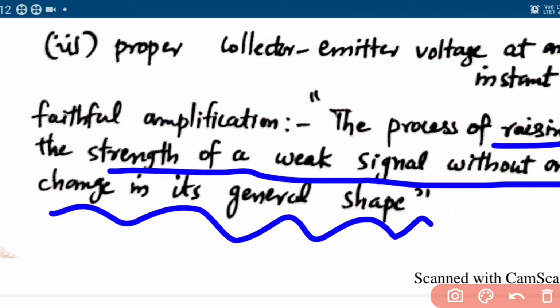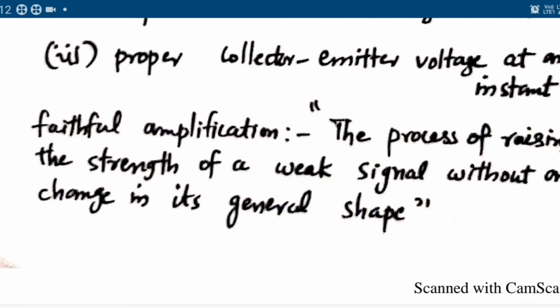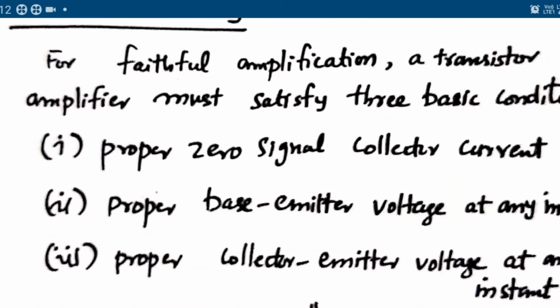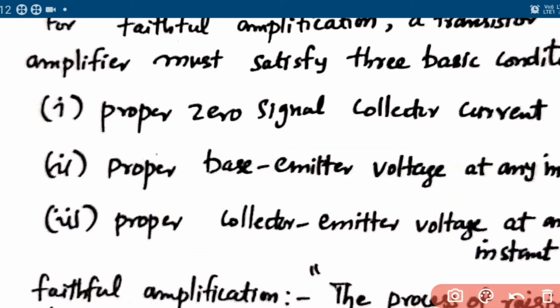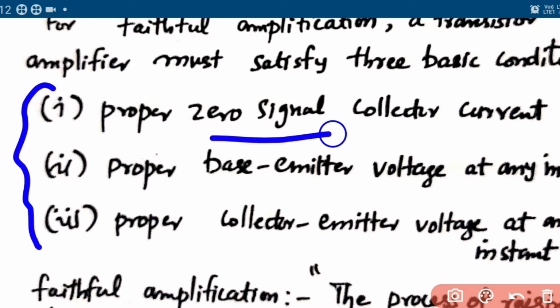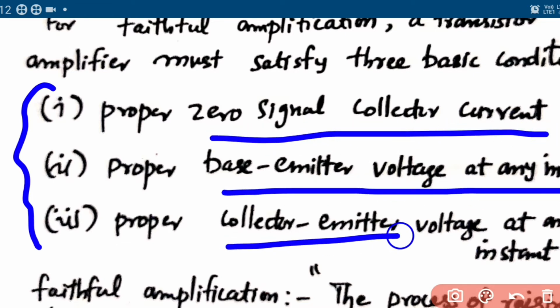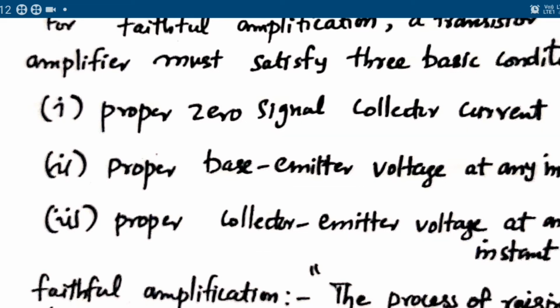Okay, that is the faithful amplification. For faithful amplification, the transistor amplifier has to satisfy these 3 conditions: the proper zero signal collector current, proper base emitter voltage, proper collector emitter voltage. Okay, the first 2 conditions